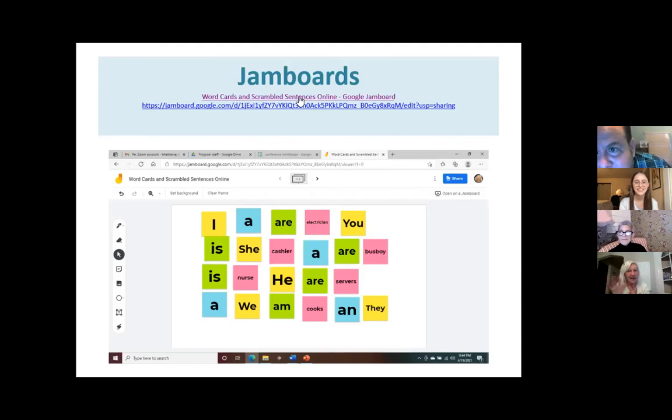Okay, I hope everybody can see that. What I want you to do is go to page 3, okay? Page 3 should be blank. Now I want you to go on the left-hand side, you'll see like a little toolbar, and there's a sticky note. It's the 4th icon down, sticky note. See if you can click on the sticky note, write an occupation on it, and save it, and we'll see if it shows up on the board.